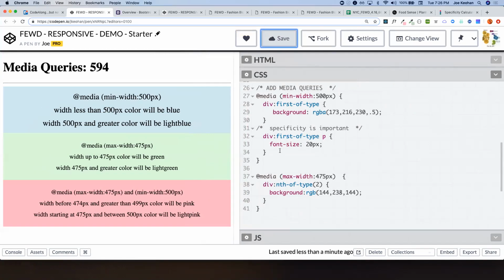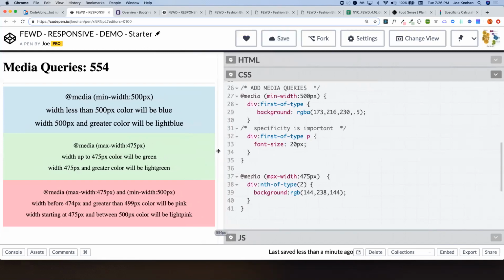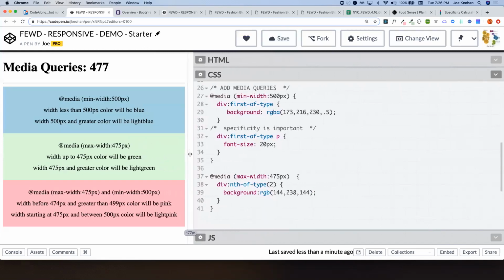This is where it ends. It'll keep going until you tell it to stop. Okay? This is going to be important in part of our mobile design because we're going to create these default settings for mobile and keep as many of those settings as possible and only change the ones we need when we hit certain breakpoints. Okay, so now if I squeeze this in and I see 475,